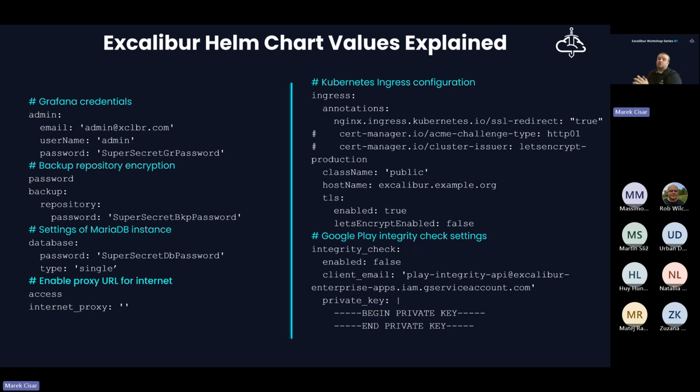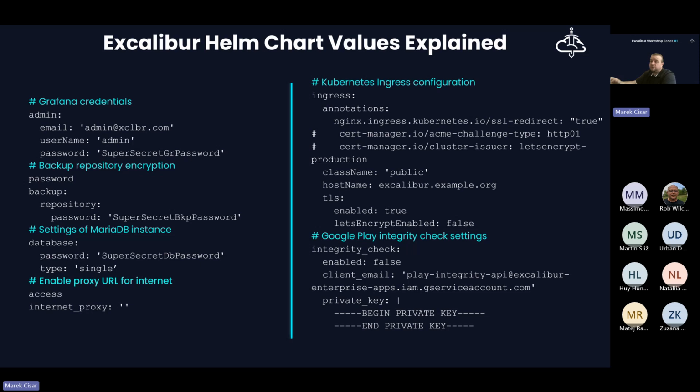I was talking a little bit about the Excalibur Helm chart values file. What it really is? Yeah, basically it is a possibility or flexibility to customize Excalibur SAM to many different environments and scenarios.